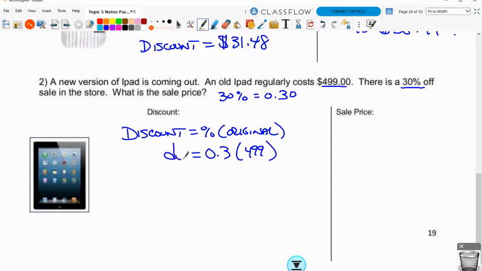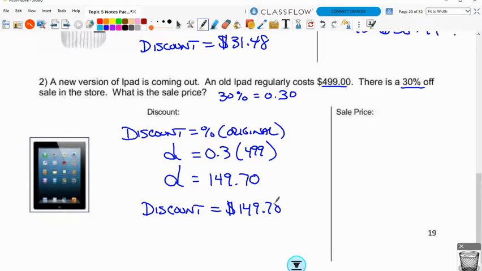The variable is all alone on the left, so on the right, I'm just going to go ahead and multiply. Type in your calculator 3/10 times $499. And that gives you 149 and 7/10. Remember, money has 2 decimal places, so we're going to add a 0 on there. So the discount, in this case, equals